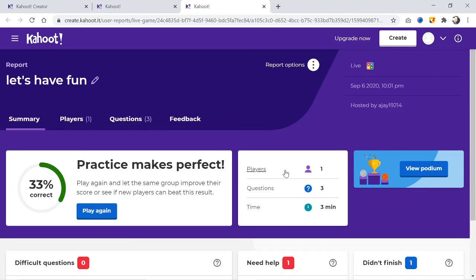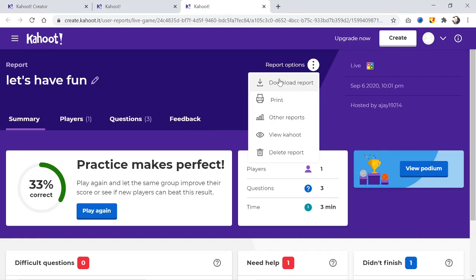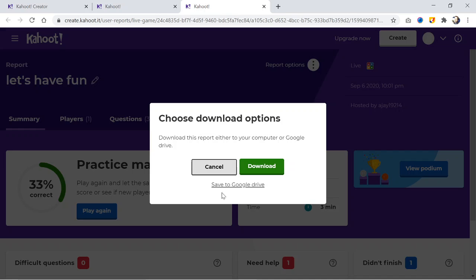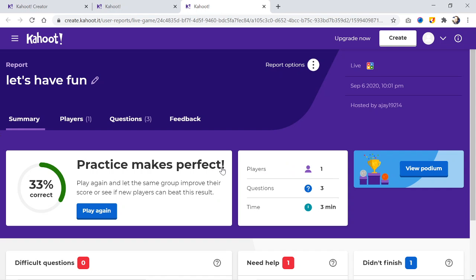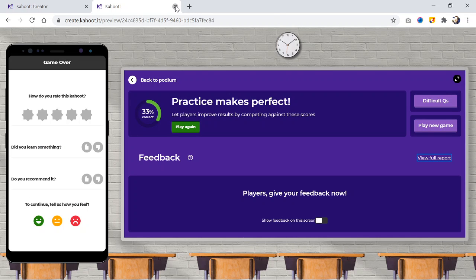The report option at the top right corner of the quiz allows you to download, print, and delete this report anytime. The download option allows you to save the report either to your computer or Google Drive in Excel format. Now close the test and come back to the Kahoot tab for further proceeding.